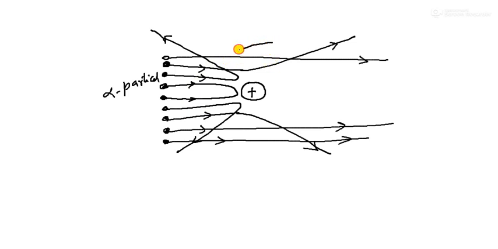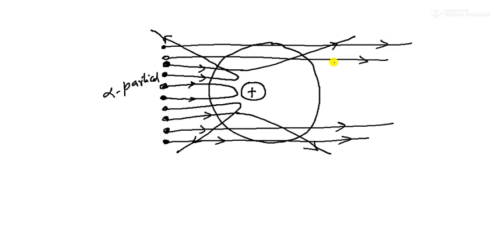So that means most of the part of the atom is empty. These are the scattering of alpha particles, which is shown in your figure. This one is an empty part, this one is an empty part, and electrons are moving in the orbit. So that is the model of Rutherford. It is the Rutherford model for atoms.